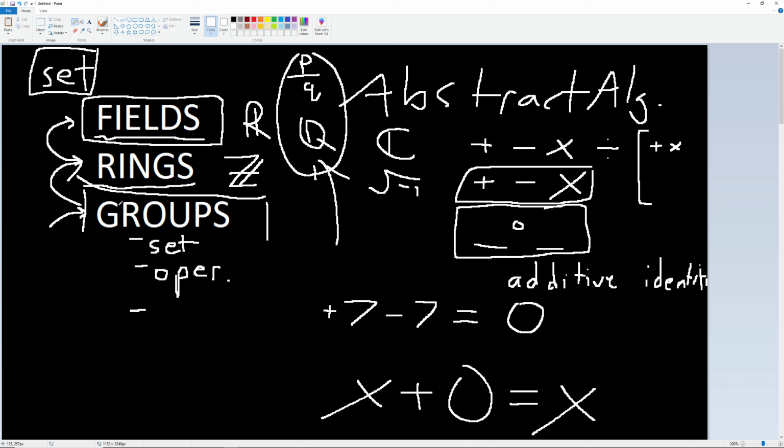And so for a group, we start with a set. We define an operation, some kind of binary operation. That means it has 2 inputs and an output. It could be addition, it could be multiplication, it could be a symmetry operation, like a reflection. You're talking about a geometric object, and you're